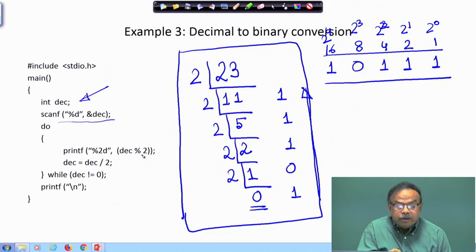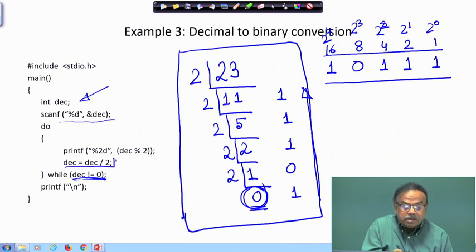Okay. I find out the remainder and then divide it. And I go on doing this while the remainder is not equal to 0. I am dividing it by 2 and finding out the new number.